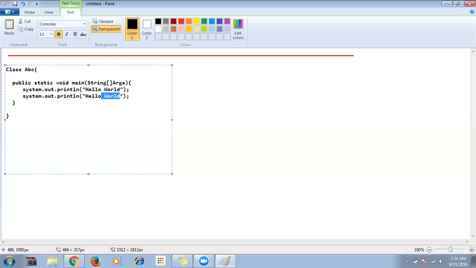So now I want to print, actually, what? How are you? So now what happened? That will be printing me how are you. First, hello world, then after that println means it will print hello world, then move the cursor to the next line. Then it prints me how are you. Then after that, next again, I'm going to give